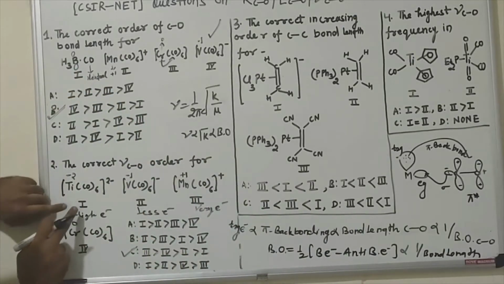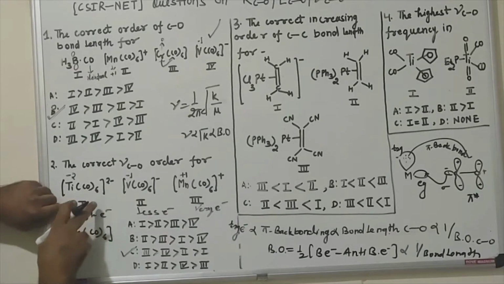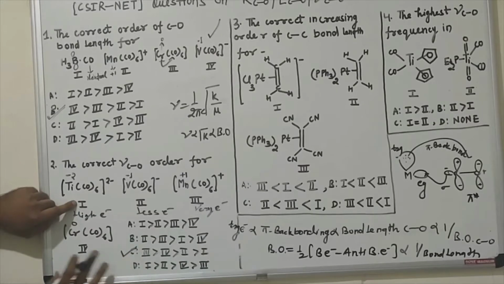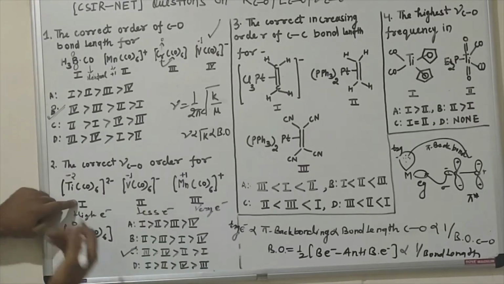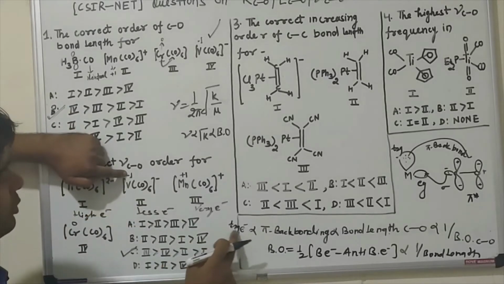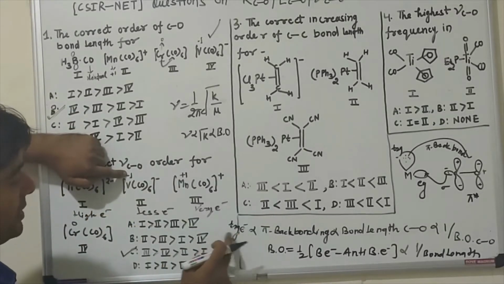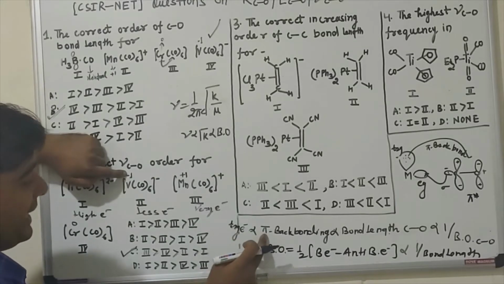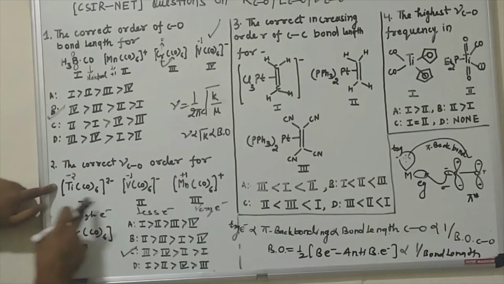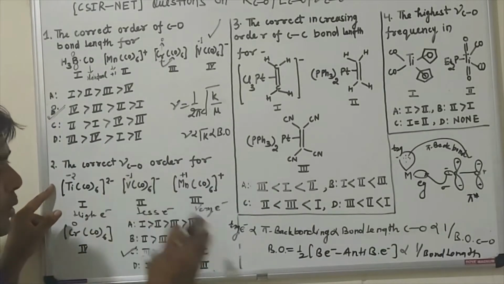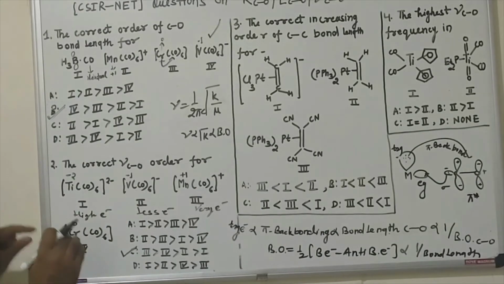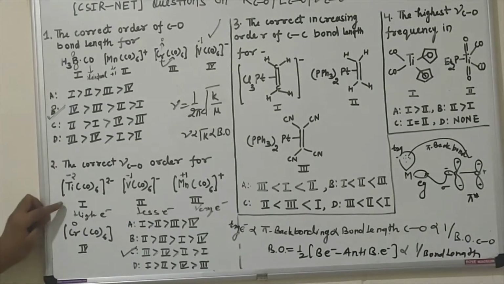So this has the lowest frequency, and the answer is third. Okay, let's discuss. It is minus 1, so we have some electron density in the t2g orbital. So pi back bonding will be high but less than the first case. Because here there is 1 negative charge, bond order will be decreased, but bond order will be less decreased as compared to the first.